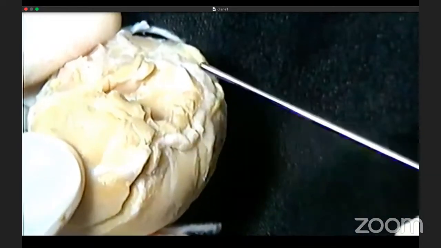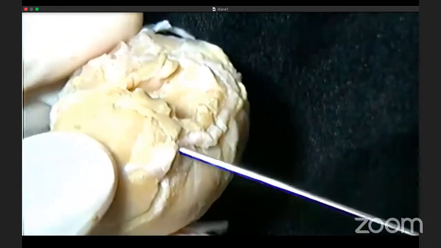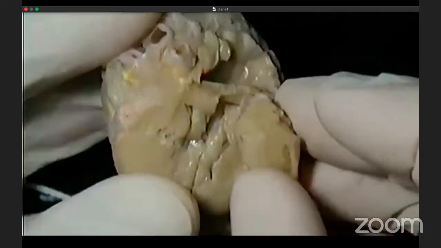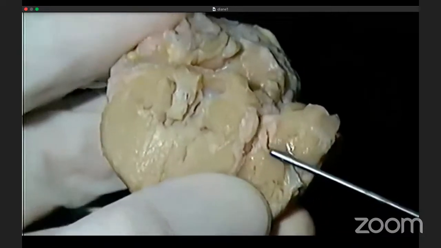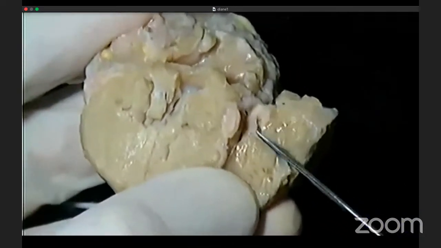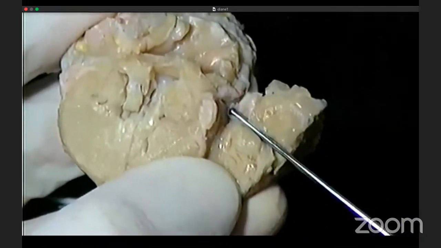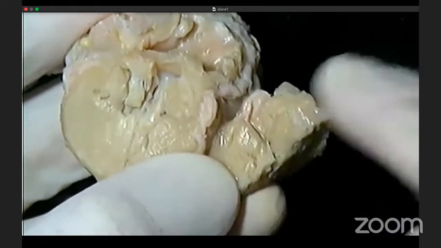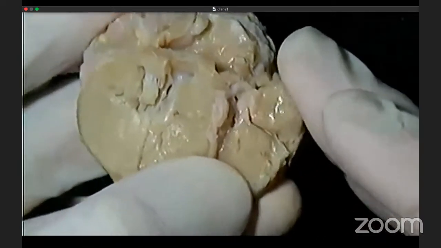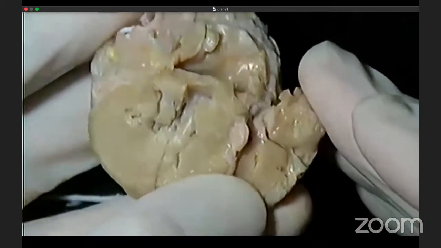This is typically associated with some very large coronary arteries on the epicardial surface. This one involves the right as well. And when I take this wedge away, you can see the quite large tract between that ectatic epicardial coronary artery and the left ventricle. So a very large coronary to left ventricular fistula.